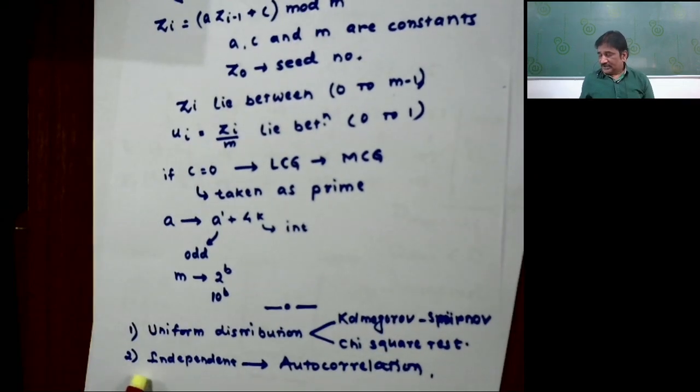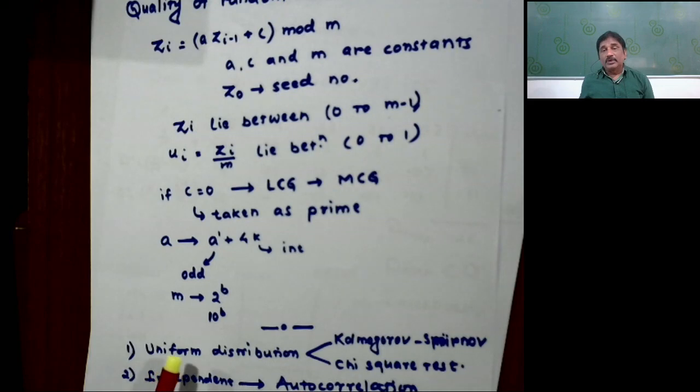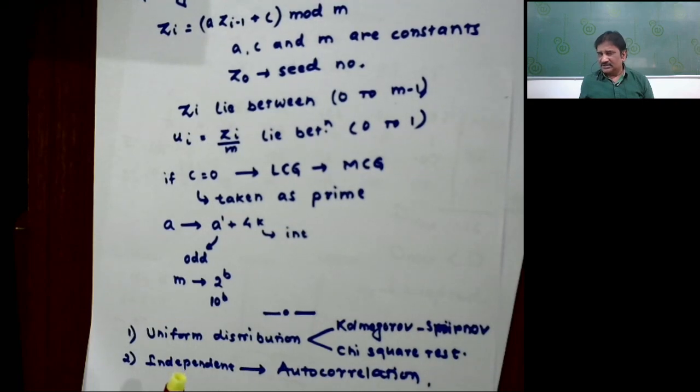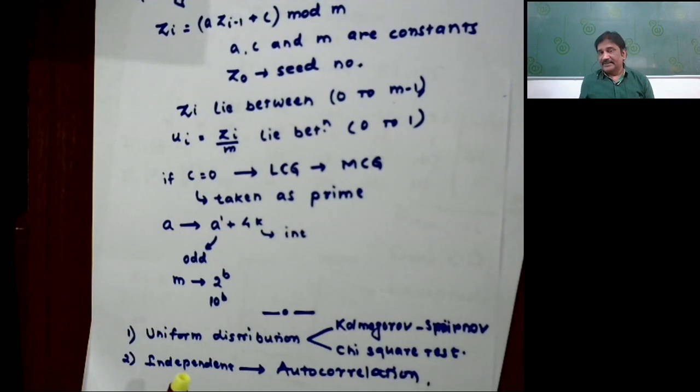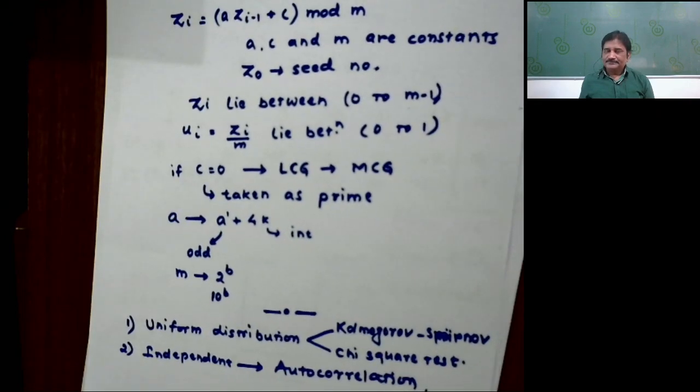Then there is something called the test for independence, and that is done by autocorrelation. Whether there exists any autocorrelation between the numbers, okay, that we will be seeing. Right? If there exists, then the numbers are not independent. If autocorrelation doesn't exist, then the numbers are independent. Now we will be seeing whether the numbers given to us are random numbers or not, once by the Kolmogorov-Smirnov test and next time by the chi-square test. So here we go.